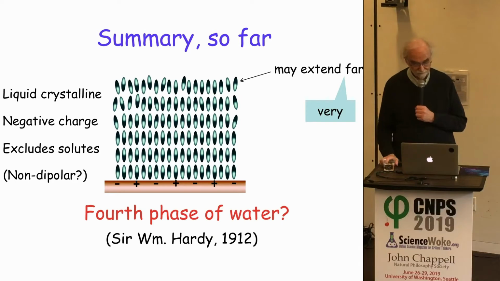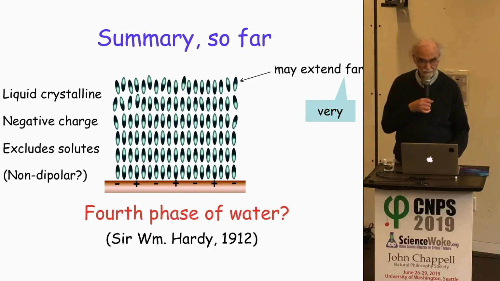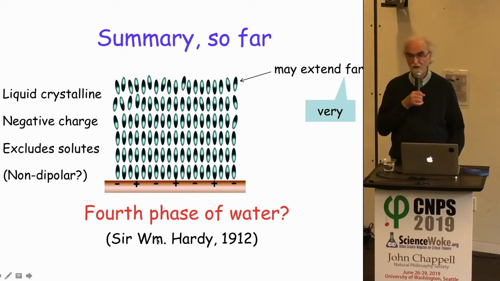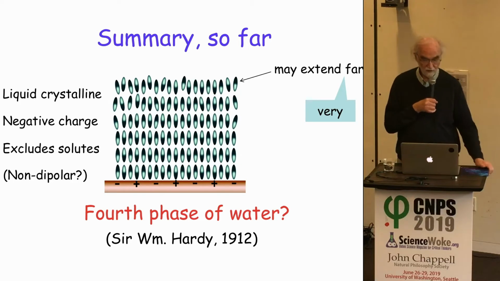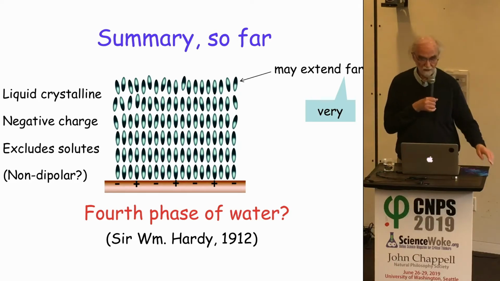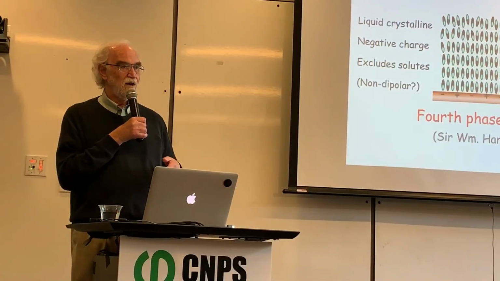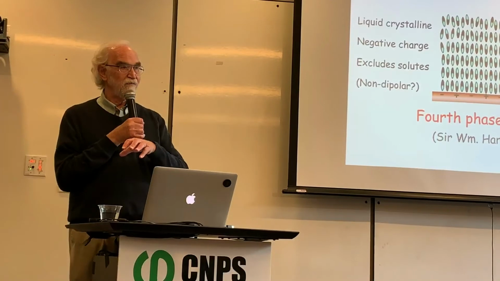Long ago, it was suggested that water might have a fourth phase. And the premier exponent of that was Sir William Hardy, more than 100 years ago, who was a famous physical and colloid chemist. He said, we got a problem. He said, there are so many anomalies of water, even 100 years ago. Now, if anybody examines Martin Chaplin's well-known website, where he shows something like 60 different anomalies of water, things that don't fit the theory. That's an anomaly, right?